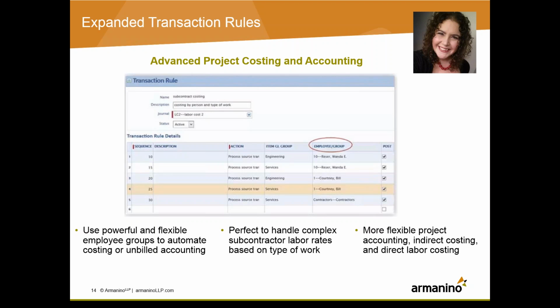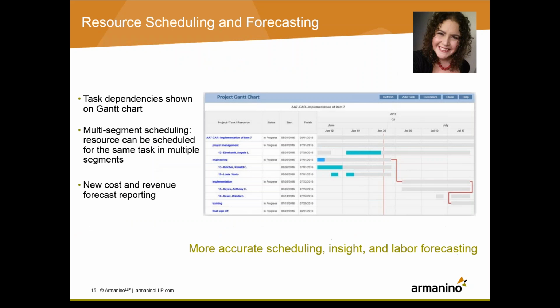The most common application for this is going to be able to do different rates for your employees and your contractors. So contractors often have different indirect and direct rates than employees because they're not fully burdened, and oftentimes they're billed out on separate lines for your projects. So that's an exciting change here.